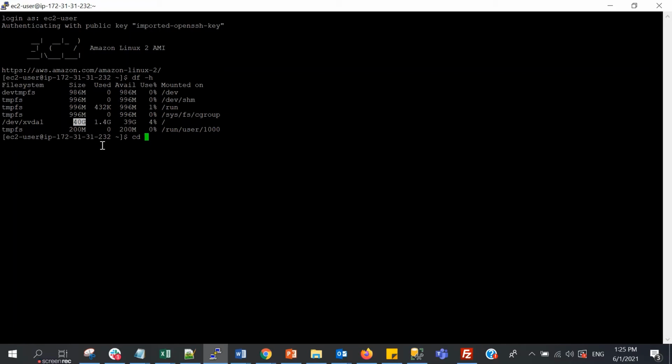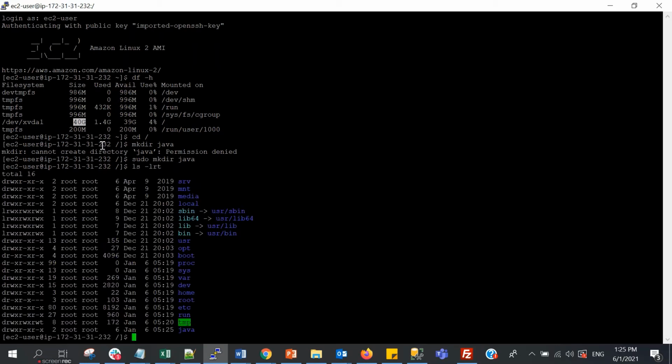I will go to the root path and I will create a Java folder here. We need to use sudo to create the folder. Okay, now if we ls, we can see the folder is here.